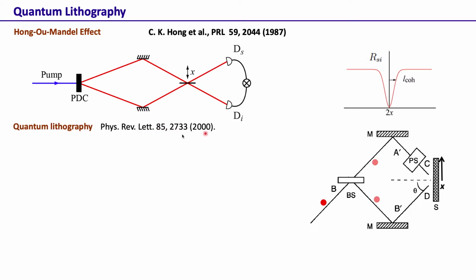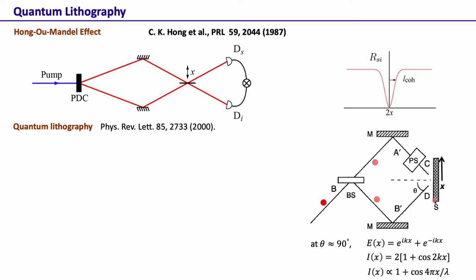So this was a paper that actually showed how this effect can be used for lithography. Okay, so first, what is the classical way in which lithography is done? Lithography is all about writing a pattern on a substrate. So here if we have a 1 photon state coming in, and there's a beam splitter, so it gets divided into 2. That means the photon can either go this way or go that way. And this is applicable also for the classical field, not only for the 1 photon field. So when theta is almost 90 degrees, when this is coming at grazing incidence, then the electric